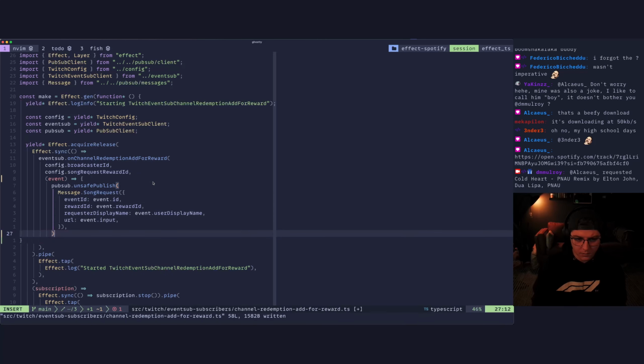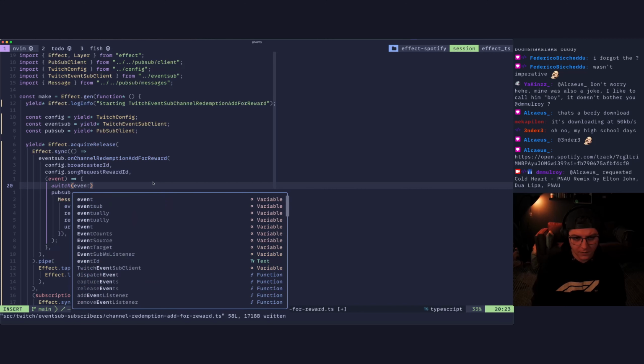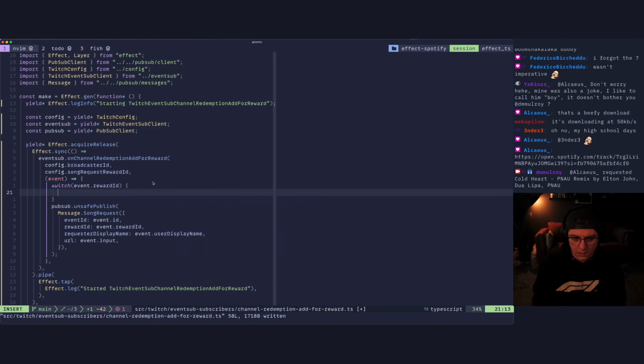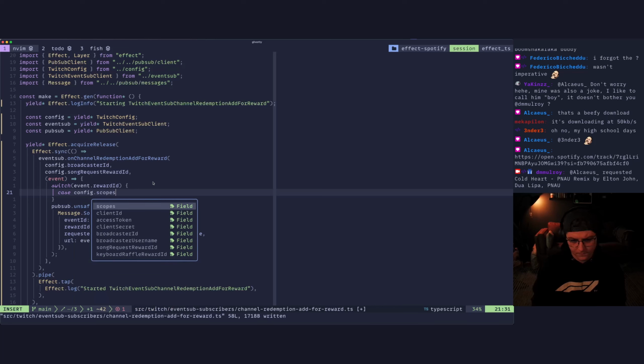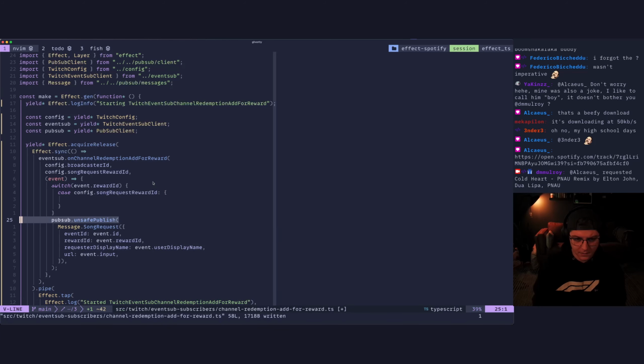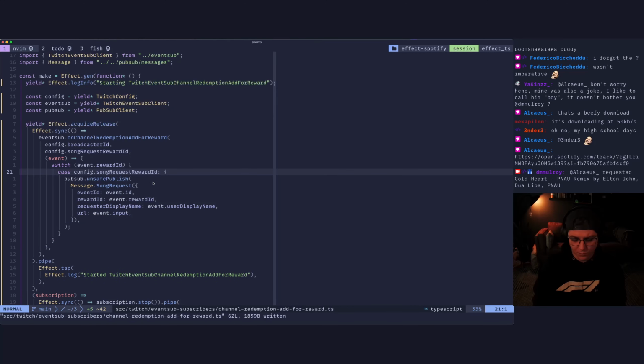Find that comma. Do that. And then we'll say switch on event.reward ID. Case is going to be config song request reward ID. We'll do that, and that's gonna go up in there, and this will break.